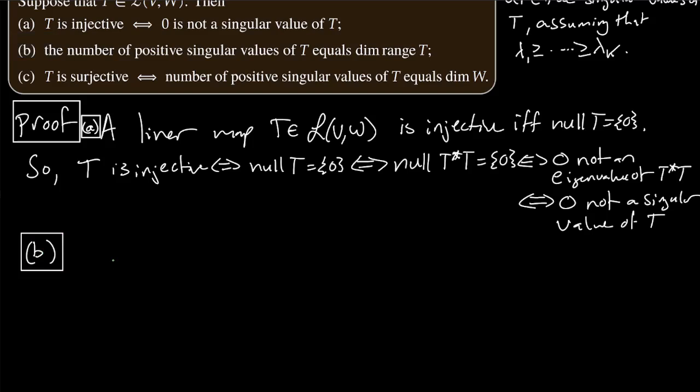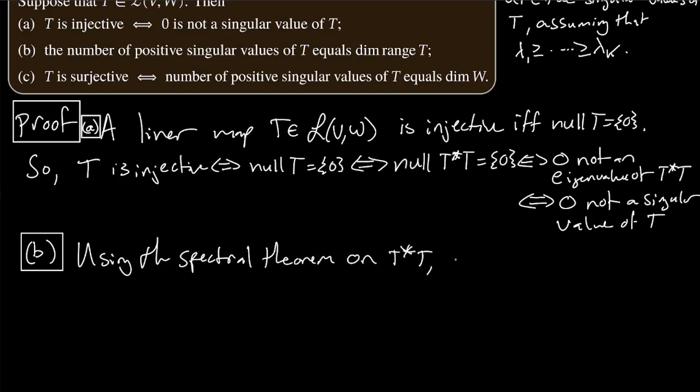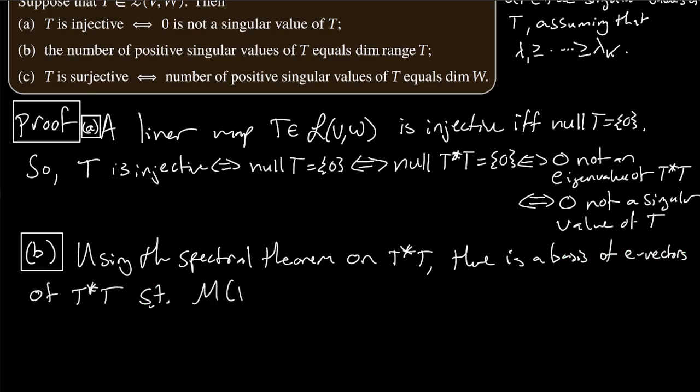The number of positive singular values of T is the dimension of the range of T. Using the spectral theorem on T star T, there is a basis of eigenvectors of T star T such that the matrix of T star T is diagonal with its eigenvalues